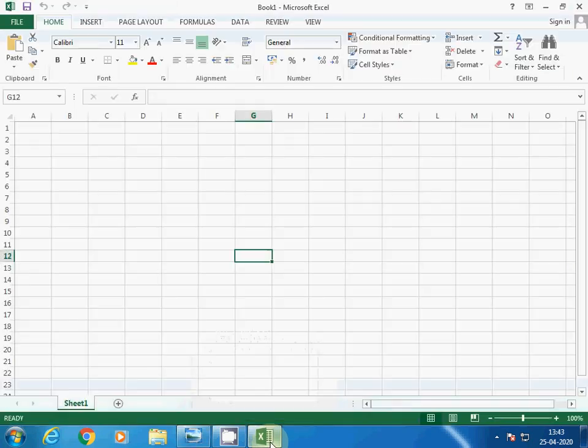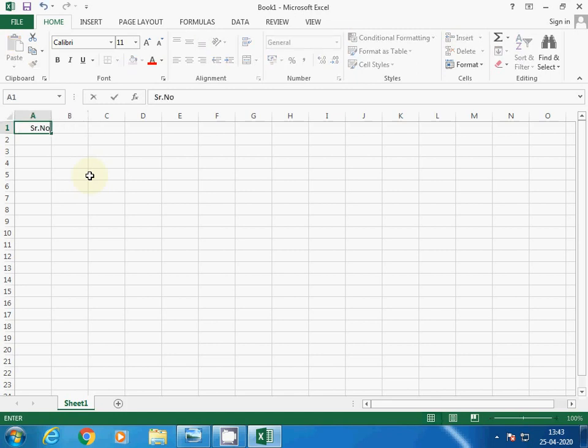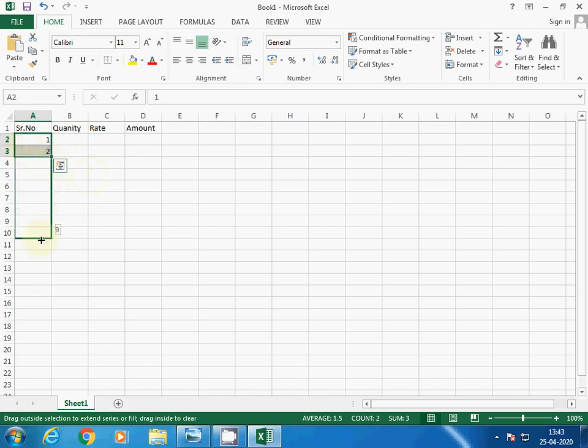So here you have to identify the cell and range references. How will you write a cell and range reference? If you are using formulas, then these cell and range references are useful. Let me start with the cell. How to write a cell in a formula? Suppose I have such data in my Excel sheet. I am writing Quantity here, then Rate and Amount.